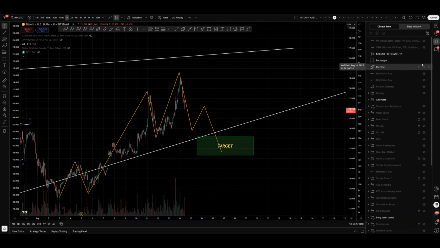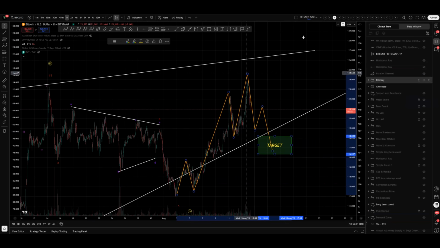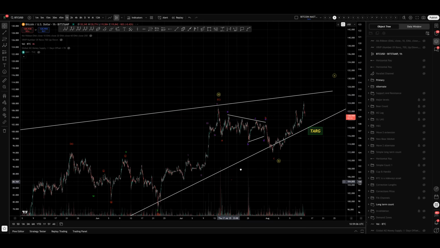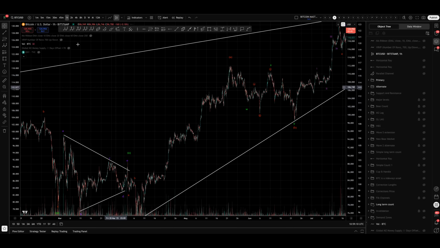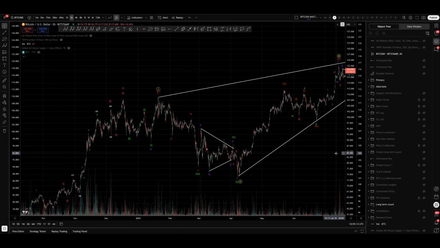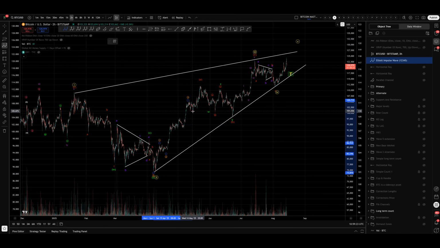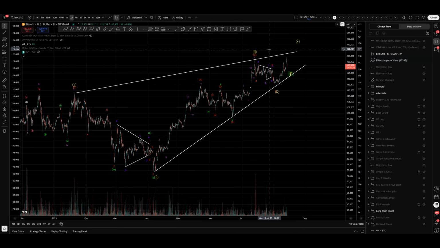Now, in the alternate count, we've got this, let's put these away into the primary folder, like that. Now here's the alternate count with the idea that we're finishing an ending diagonal. Right, we're going to zoom out here. So we did 1 into 2, A, B, C into 3, into 4, into 5. We can actually add a little bit more detail here. Doesn't really matter how we do that. A, B, C, 5, 3, 5, and now we've got this final move up into the 5th,